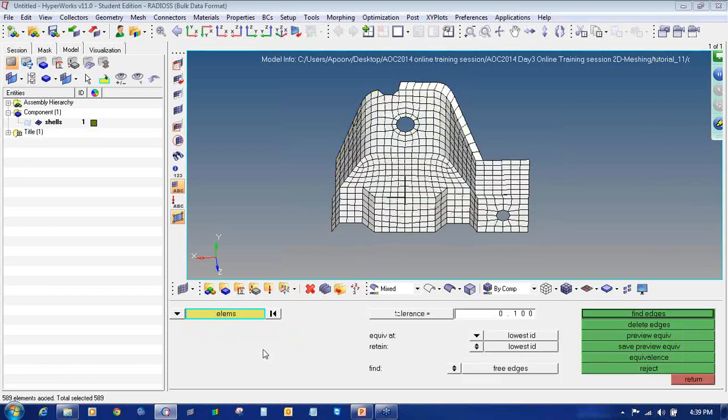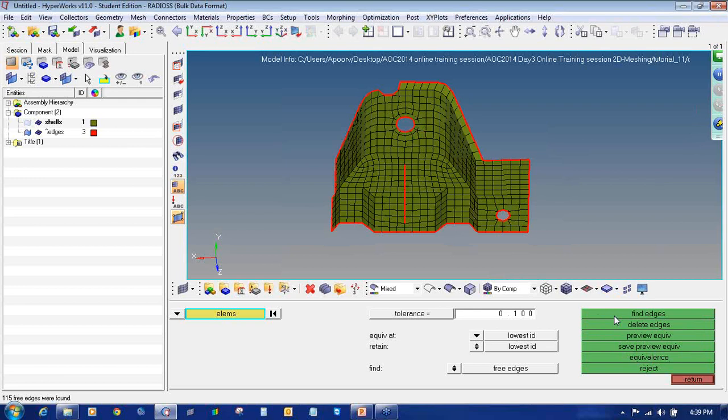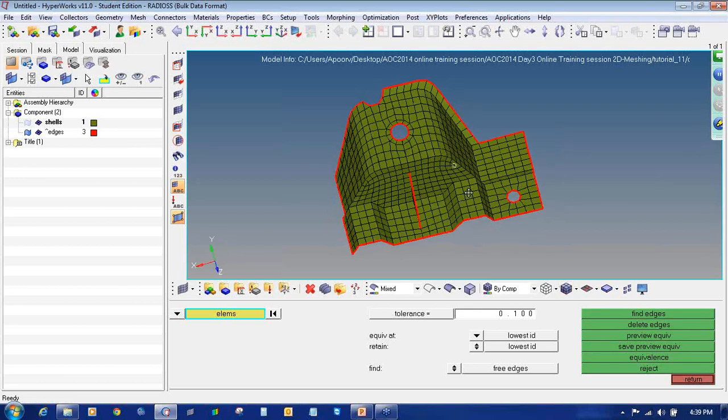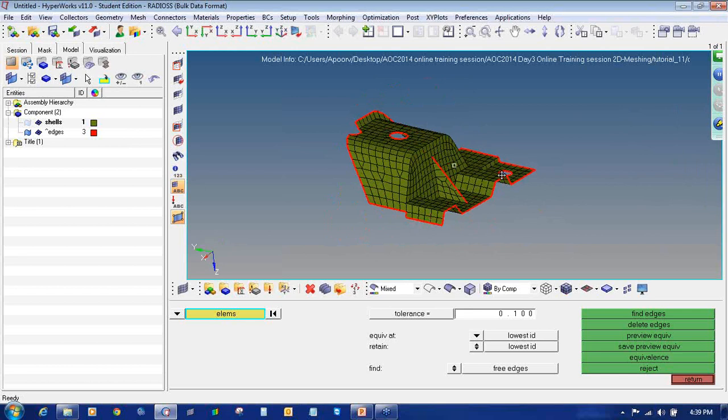So elements all, and the tolerance value as 0.1, that is the gap between two nodes. Then click on preview equivalence, so it will pick all the nodes which are not connected, and say equivalence. So it will get connected. Then we will click on find edges to see whether the edge is along the end of the geometry or not.